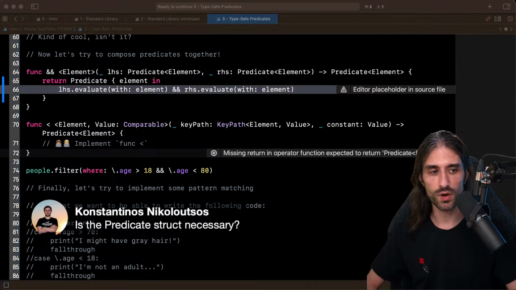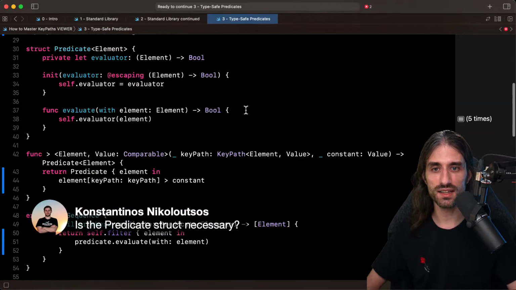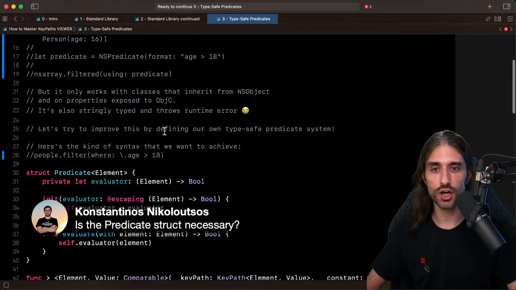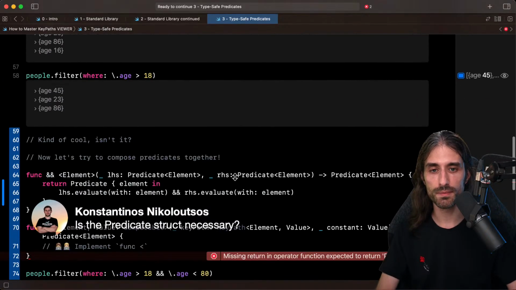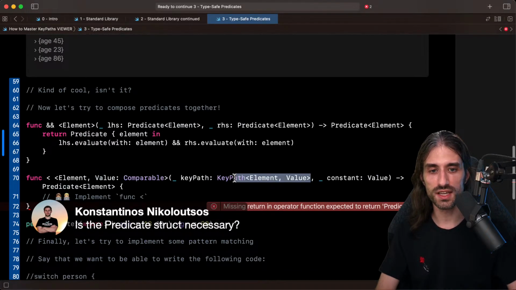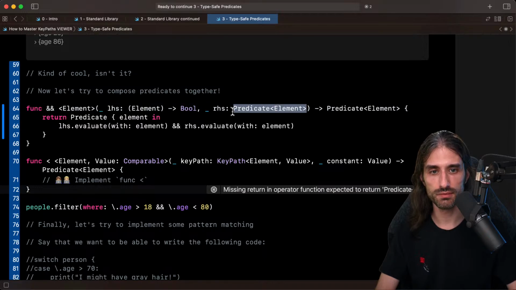I see a very good question. Is the predicate struct necessary? So no, it's not necessary, since the predicate is actually just a closure right here. You could replace the predicate with a closure. You could do that, actually. That would work.